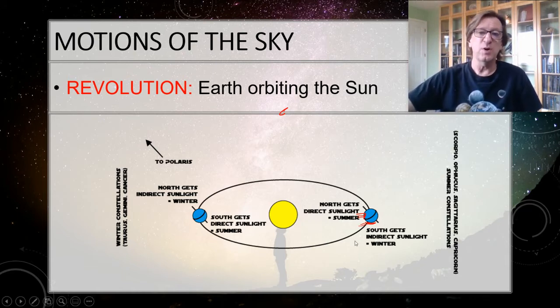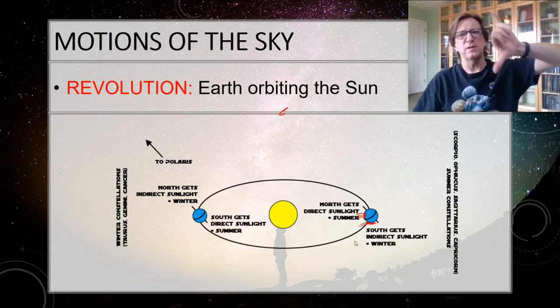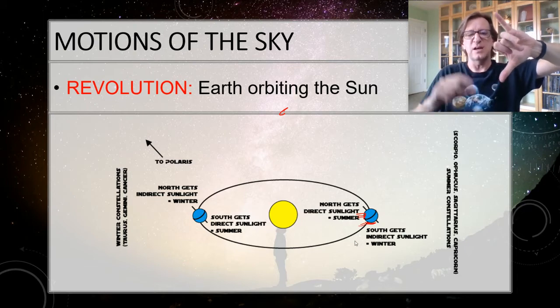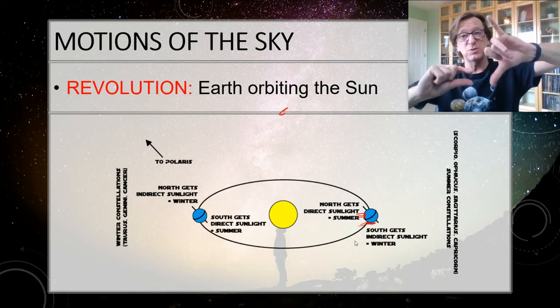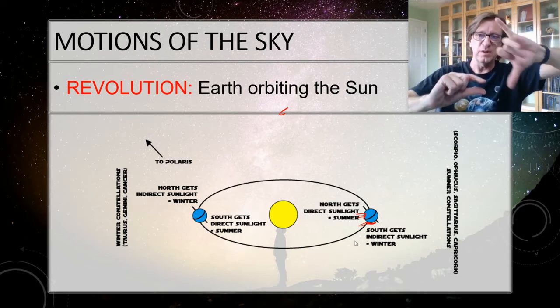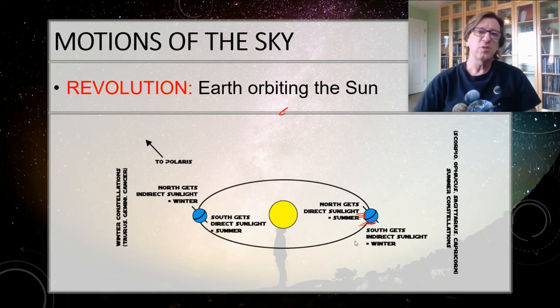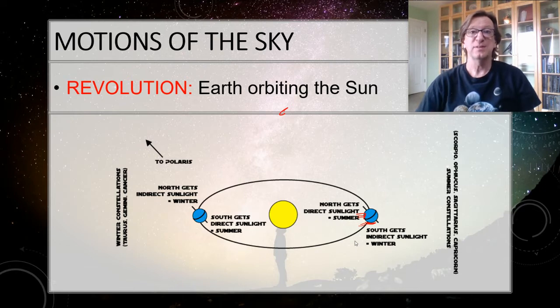Now, you may have also thought, well, we have longer days in the summer, and that actually has an effect, but it's a small effect. So, for example, if this is the effect due to the concentrated sunlight, then that's the effect due to having longer days. It's real, it's measurable, but it's not really that important compared to the amount of direct sunlight. And if you think about it, the North Pole has 24 hours of daylight and 24 hours of nighttime. So if the length of the day mattered, then the North Pole should be the hottest place on Earth, shouldn't it? But it's obviously not.